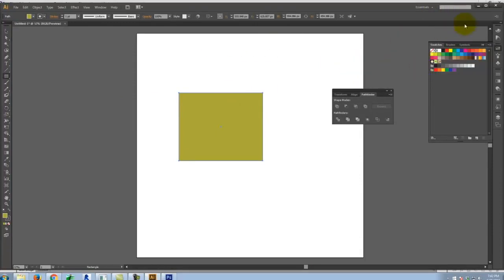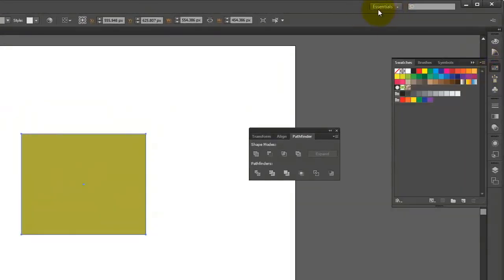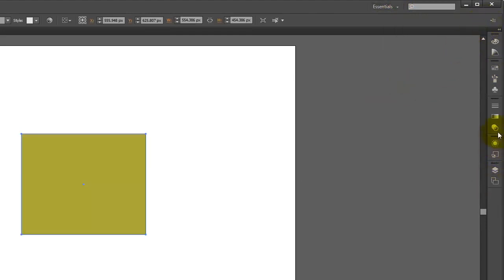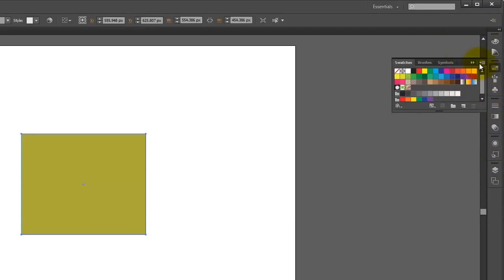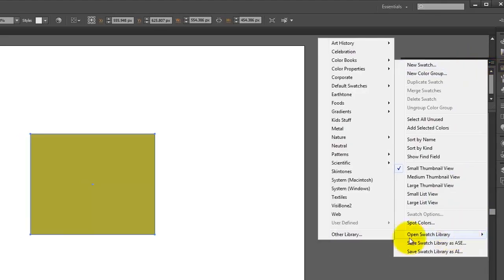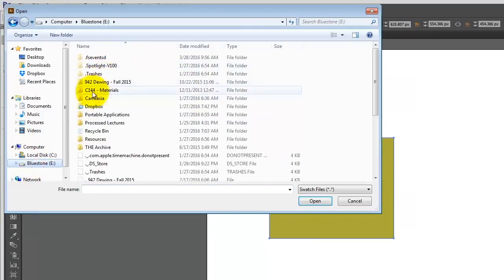So I'll open back up Illustrator, and I'll click on my swatch window, which I'm in the Essentials workspace right now. If you don't see this little icon, you can reset your Essentials workspace, going back to Reset Essentials, and you'll get the default Essentials workspace. I'll click on my little swatches here, and I'll click on the triangle with the 4 lines to bring up this little flyout menu. I'll go to Open Swatch Library, Other Library, and then navigate to my swatch on my